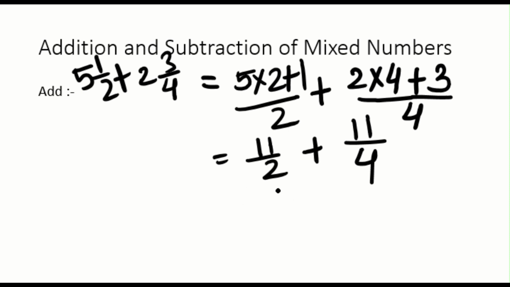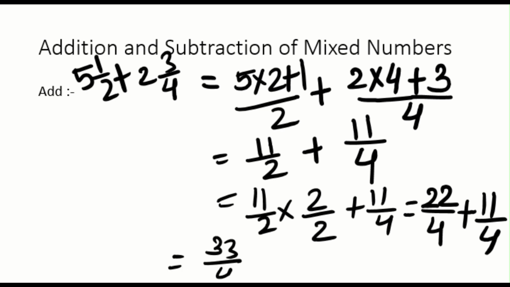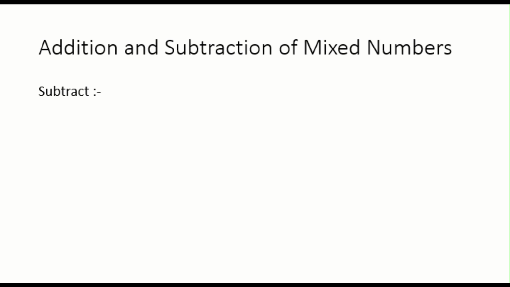So to add these numbers, we have to convert them into like fractions. So we can easily multiply this 11 by 2 by 2. Then we will get 22 upon 4 plus 11 upon 4, which is equal to 33 upon 4. And if I convert this number into a mixed fraction, I'm going to get 8 1 by 4. The same which we did there as well. The same number we are going to get here. Okay, now moving to the next. Let's see the subtraction.